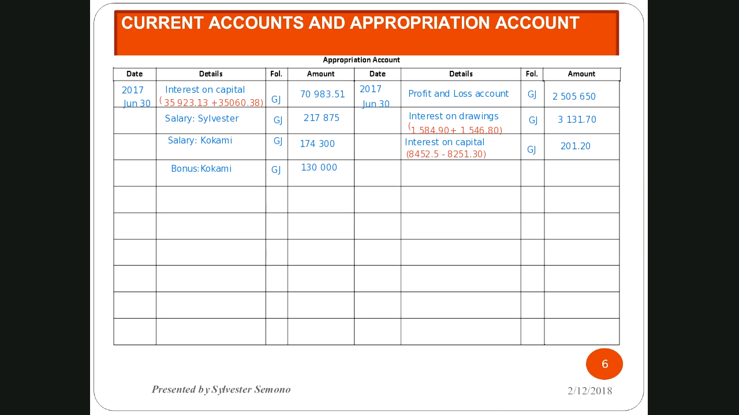So we had to give Sylvester, remember the current account of Sylvester, not a salary, a distribution of profit. And that distribution of profit, if I check for Sylvester, let me quickly go and check. Sylvester was given 1,149,495, and then Ukami